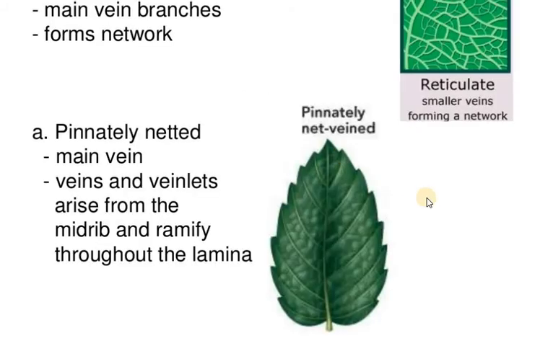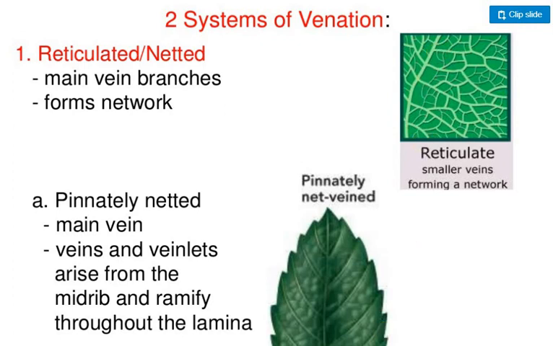Now let's see how the veins are arranged. The extension of the petiole onto the leaf is called the midrib, and this midrib has veins. They are branched, and the pattern of branching of the midrib or veins is called venation. See, this is the midrib, and this midrib undergoes division. So if the veins form a network-like structure, it is called reticulate venation. Here the veins form a network-like structure. This is called reticulated.